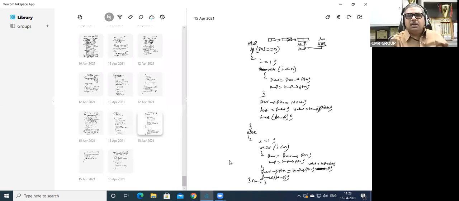Sir, in the deletion program, when pause is equal to n, can you explain this? Now let us take pause is equal to n. That is the last node to be deleted. You cannot just say free temp. We have last, so if I do free last, what will happen? This node gets deleted, but the address of the previous node is still there, and we want this to be null. So how do we access this node? You cannot access it. Are you getting the point or not? That is the problem.